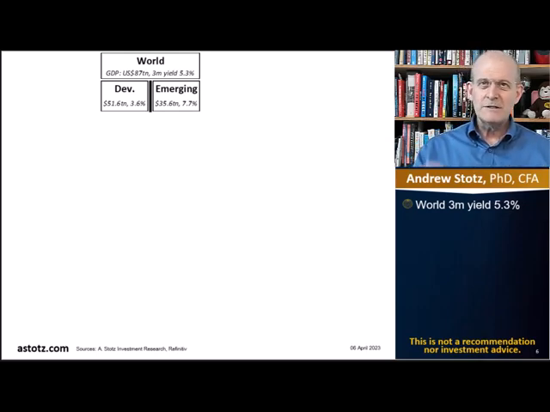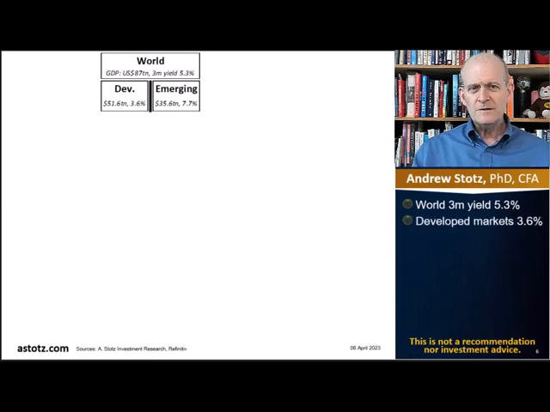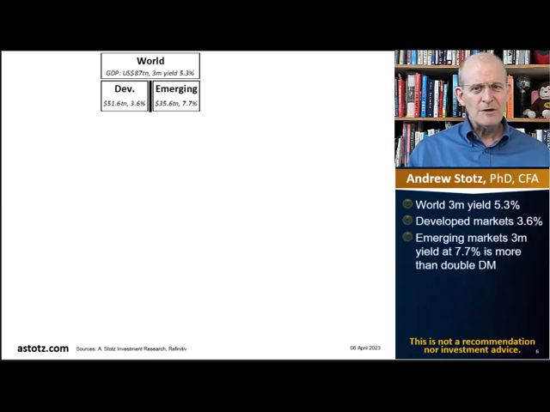By my calculation, GDP weighting interest rates across the world in every country, I get a 3-month yield of 5.3%. Developed markets account for about $52 trillion, and developed markets have an interest rate of about 3.6. Now we're talking about 3-month yield. And then emerging markets have a GDP of about $36 trillion, and they have a 7.7% yield. So developed markets are at 3.6, and emerging markets have a 3-month yield at 7.7, which is more than double